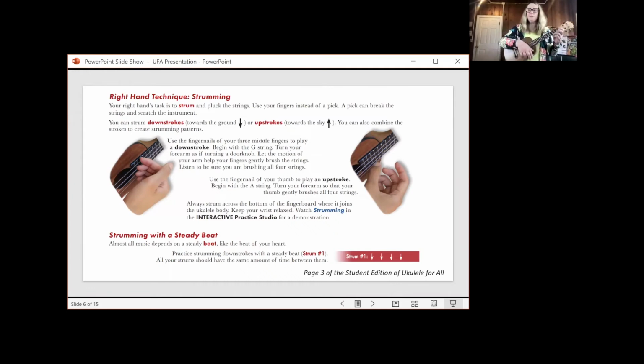And that's our first strumming pattern we learned. It's just keeping a steady beat on all downs. Now, when you want to add the upstrokes, that's like adding 8th notes. 1 and 2 and 3